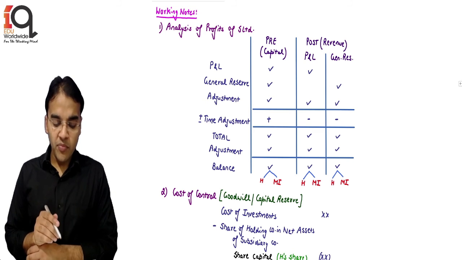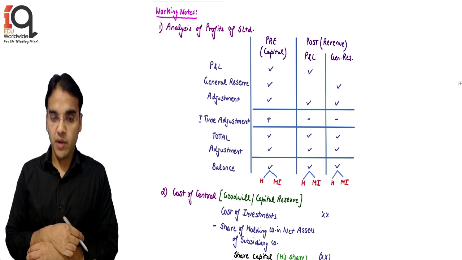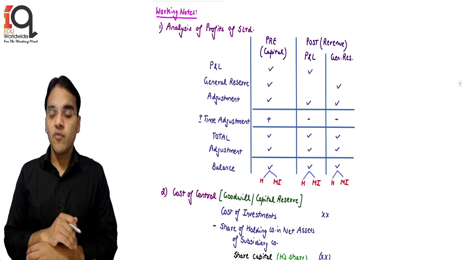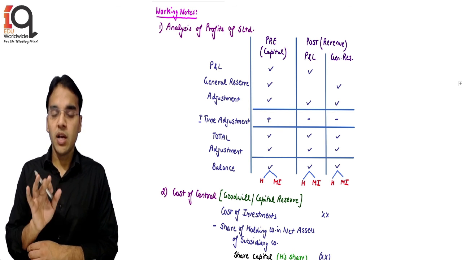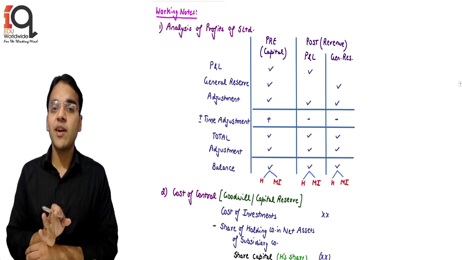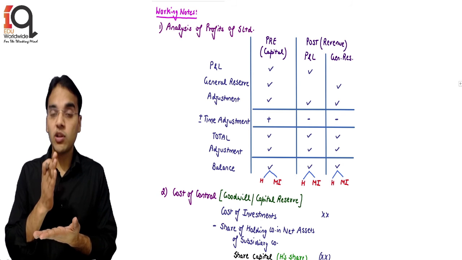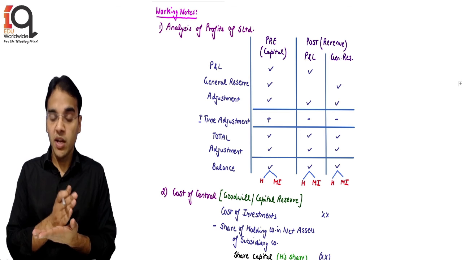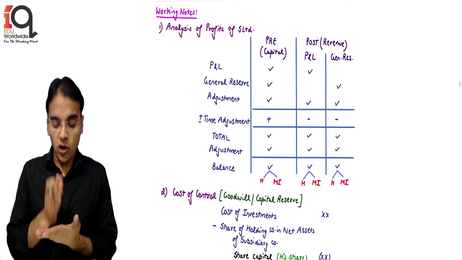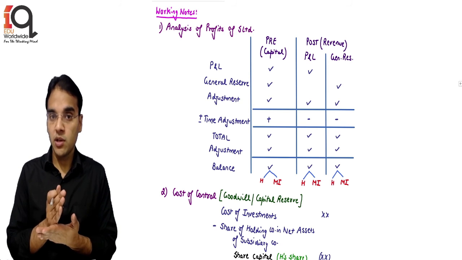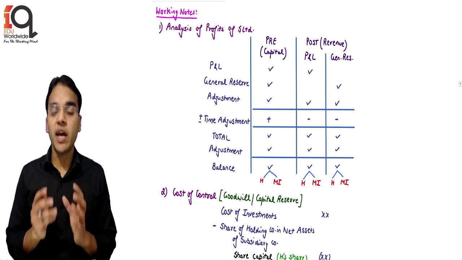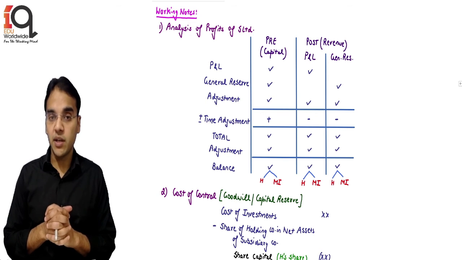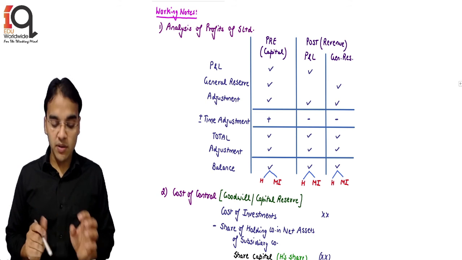Okay, now there are certain working notes which we make. Now this particular working note was not required by us till now because we were doing it in a very simple manner. The profits were given in a normal way, because if I need to find out the cost of control, student, just think, there was share capital 80% and also the pre-profits 80%. Now I need to know what the pre-profits are. For that I need to make an analysis of profits of the subsidiary limited, that is S Limited. In short we term it as AOP.